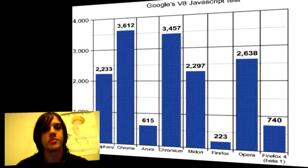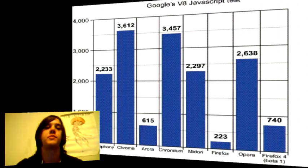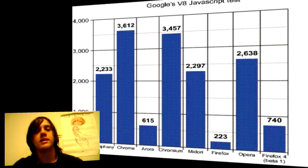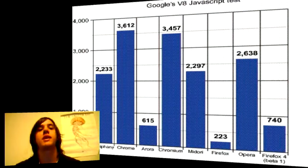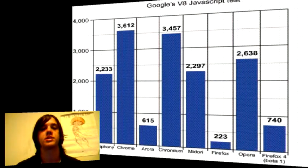No surprise here, Chrome and Chromium are doing the best. It is Google's test. They created this test, so it's not as surprising that they did the best. Big surprise. What is a little bit surprising, not that much, is that Chrome is doing better than Chromium by a significant amount. That is more than you can chalk up to just randomness. So, I'm not sure why that's happening, but...